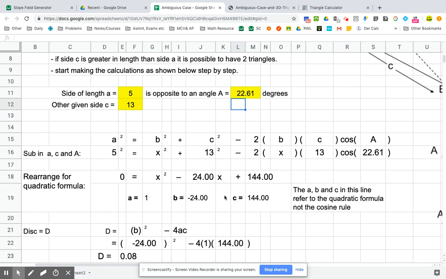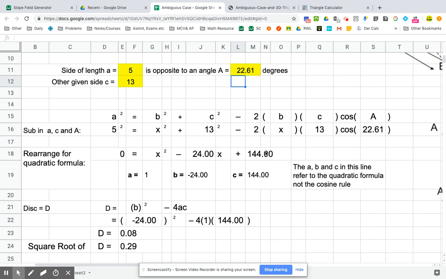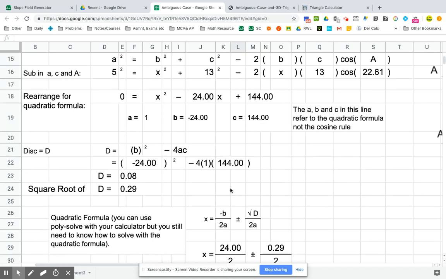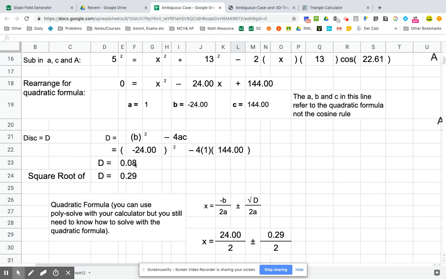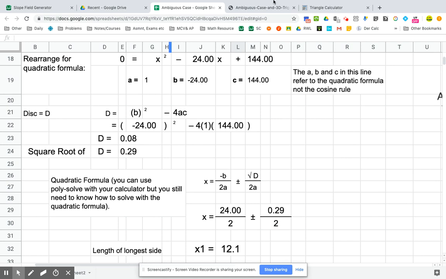Okay, so we're going to go through our calculations again. So I substitute in. I have a quadratic equation, which I solve with the quadratic formula, but I do the discriminant. Look at that discriminant. 0. By the way, always feel free to pause, do the work, and then come back and listen to the voiceover. So this right here, this discriminant of 0.08